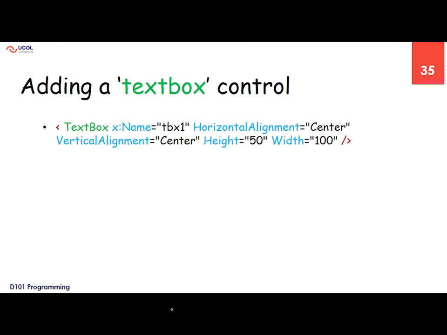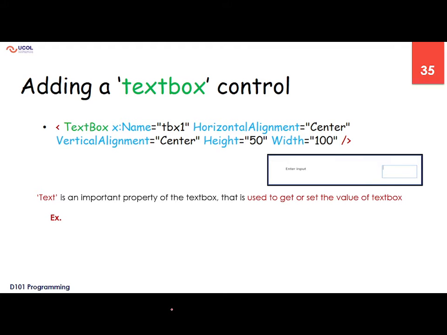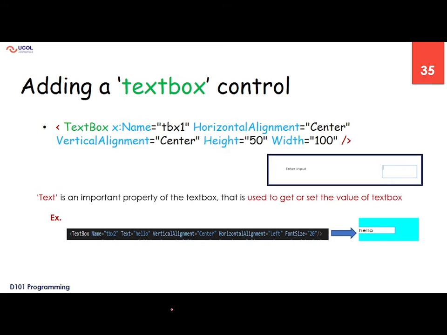Text box is more like an input field. That is the enter input. Text box is actually showing the text box in which the user can give the values. Text is the important property of the text box that is used to get or set the values of the text box. Then examples are here. So we can set the values once we have that specific tbx1. So tbx1 dot